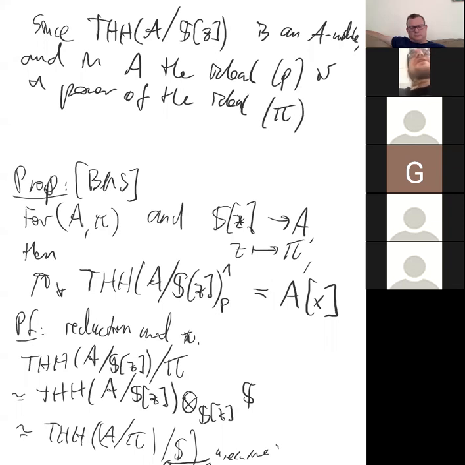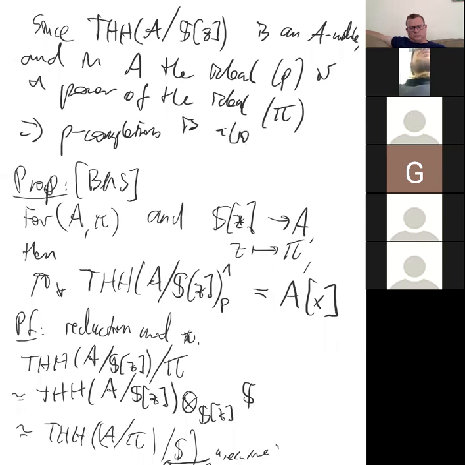That's a general fact about these discrete valuation rings, somehow that the pi, at least on the level of ideals, always looks like some kind of root of P. This tells you that the P completion